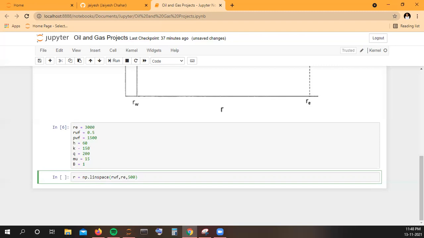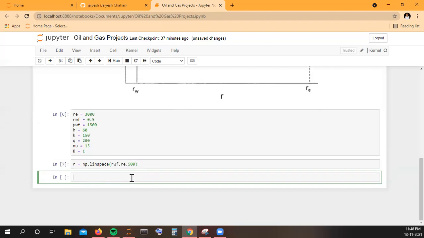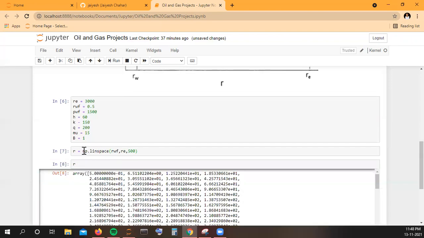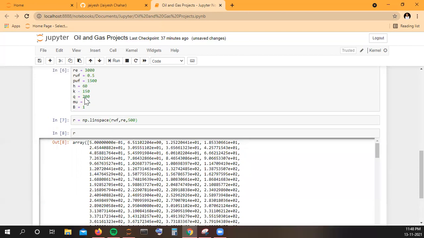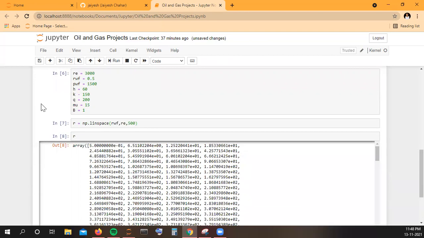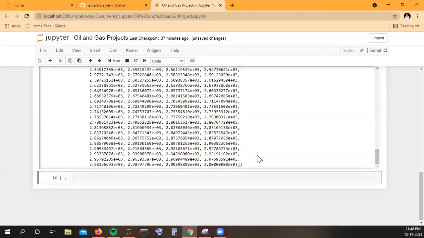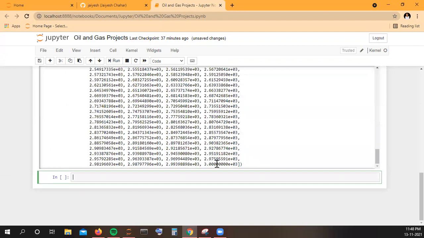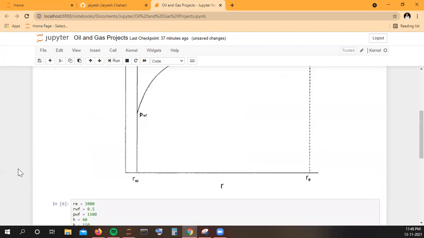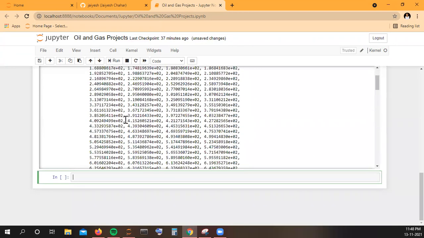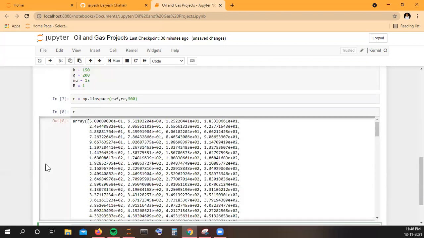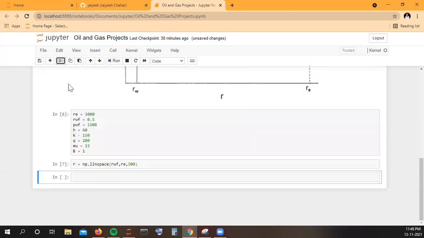So whenever I print R, here you can see it is starting from 0.5, that is my value of RWF, and it is going till 3 into 10 raised to power 3, and 500 points are present in between them. So basically an array of R has been created.